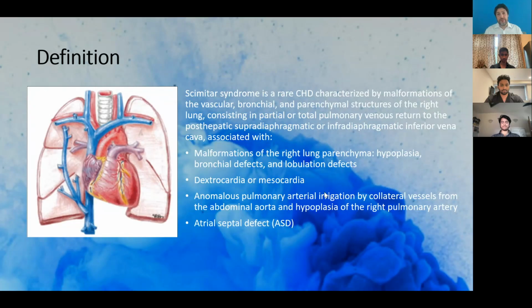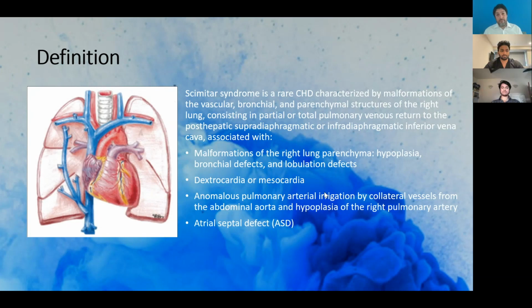The definition is, let's say, very simple. I will simply read it because I don't want to forget anything. Scimitar syndrome is a rare congenital heart defect characterized by malformations of the vascular, bronchial, and parenchymal structures of the right lung, consisting in partial or total anomalous pulmonary venous return to the post-hepatic supradiaphragmatic or infradiaphragmatic IVC, associated